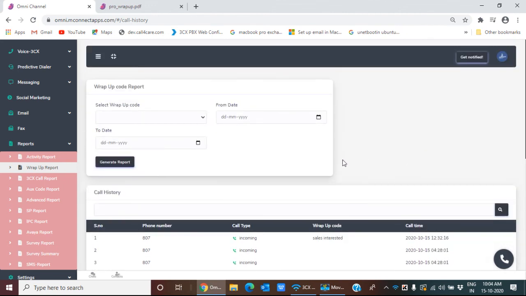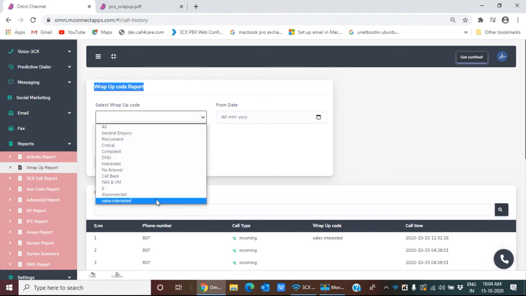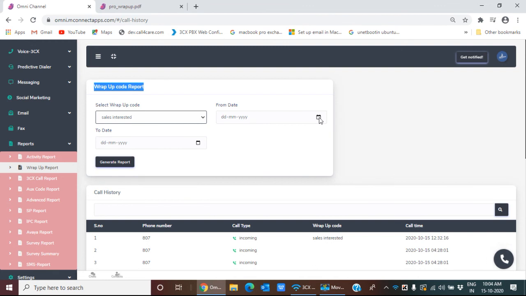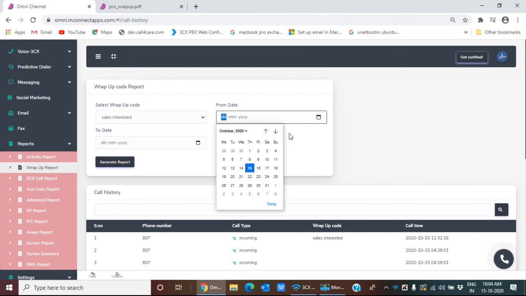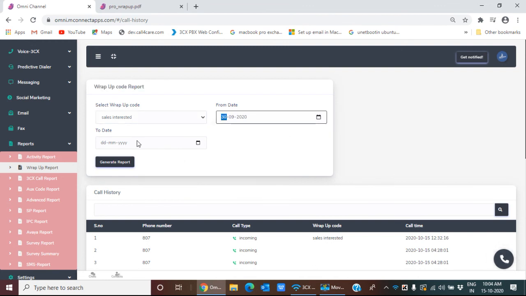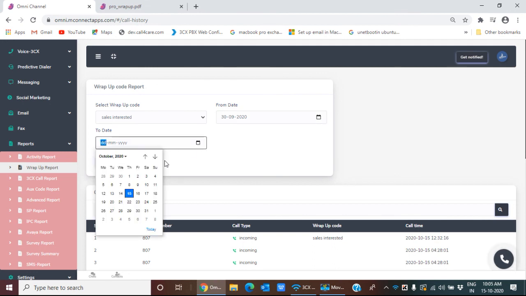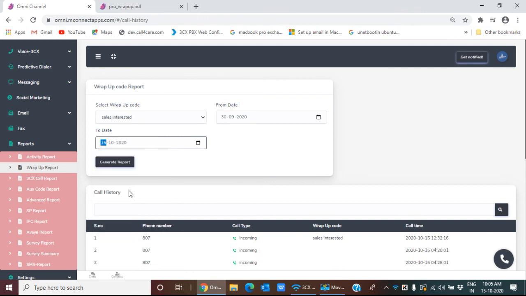If you want to generate a particular report, you can go into wrap-up code report. Select the wrap-up code. Select the from date and select the to date and click on generate report.